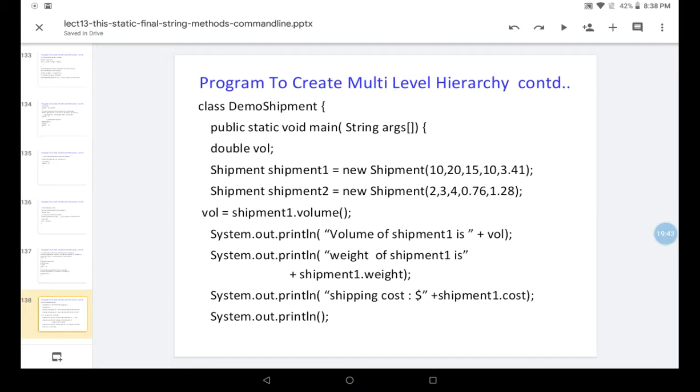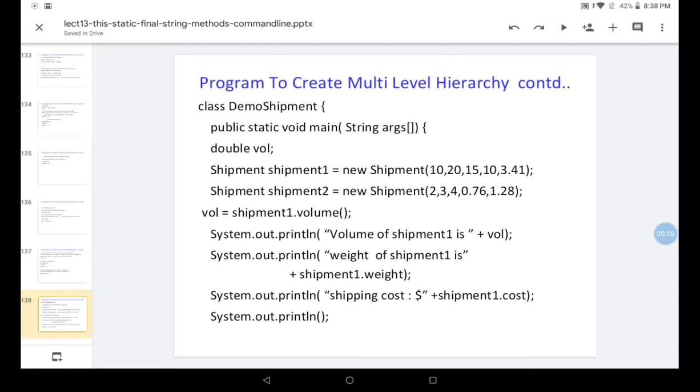Now we are finding out the volume of shipment 1. The volume method returns length into width into height, that is 10 into 20 into 15 for the shipment 1 object, that is 3000. So the first System.out.println returns volume of shipment 1 is 3000 and weight of shipment 1 is 10. Shipping cost is 3.41.